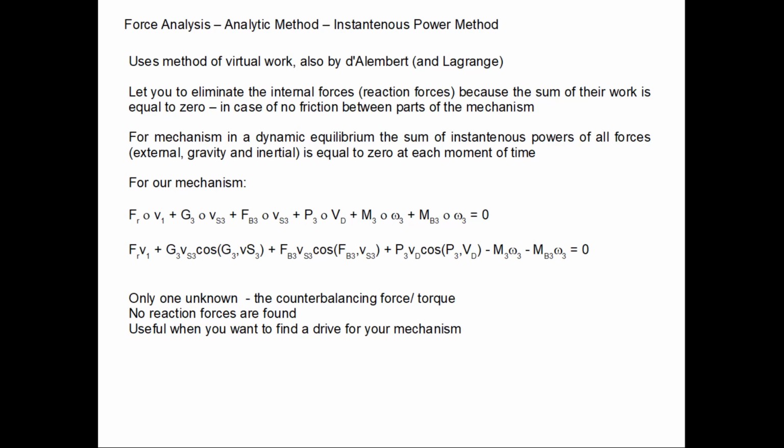And of course, as you can see, there are cosines, but you also know the angles between all of these forces and the velocities. So this is the last step in the case of the kinetostatic analysis, and this ends the procedure which is necessary to find the drive for your mechanism, as well as find all of the reaction forces which maybe are useful for finding the strength of each of these elements and necessary cross sections, for example. I think that's all for